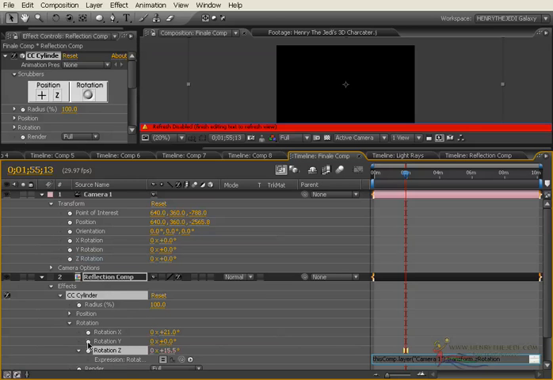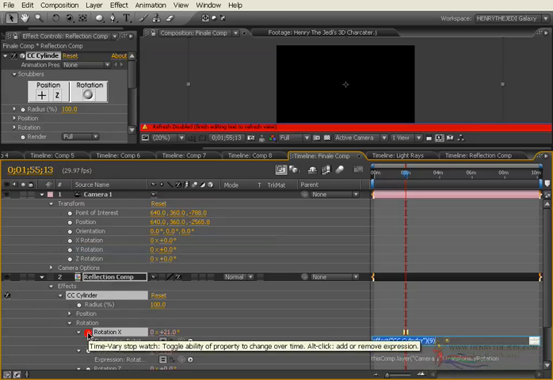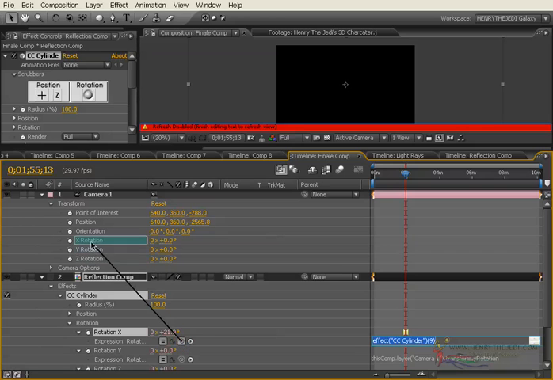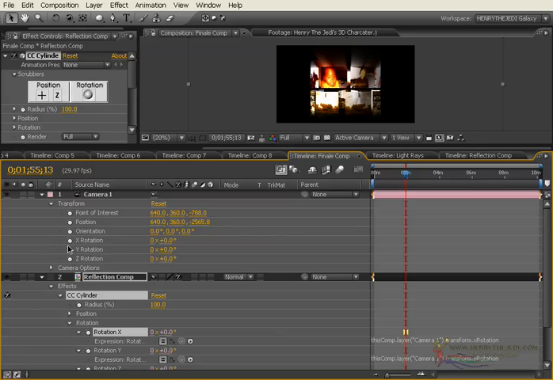Okay, Alt click on the rotation on the Y axis and link it to the Y rotation on the camera, and then of course Alt click on the rotation of the X axis and link it to the X rotation of the camera. So basically now all the composition's rotation settings have been assigned to those of the camera. Alright,